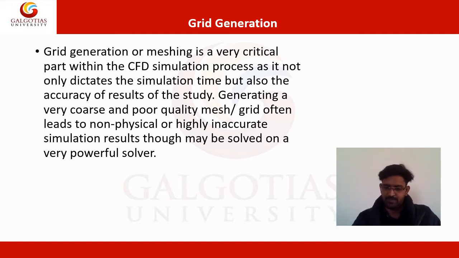So what should be the proper aspect ratio that we have to keep to get a better solution and less simulation time? That is the important idea. Hence the grid generation skills, capability and its exposure are of equal importance as much as that of the solver operations. Grid generation is a challenging operation during which the engineer has to maintain accurate mesh density as well as ensure that the mesh count is not impractically high.